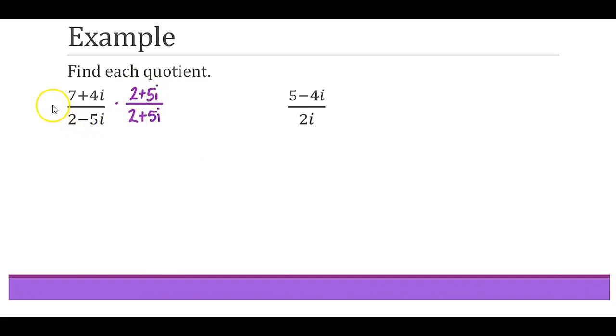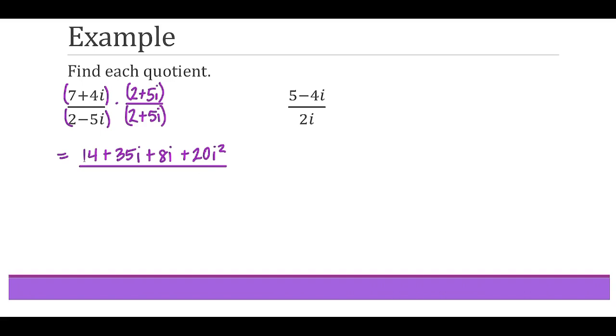And what this amounts to is distributing across the top and across the bottom. So I have to FOIL on the top and on the bottom here. So it's like two multiplication problems in one. On the top I have first, that's going to give me 14. Outer is plus 35i. Inner is plus 8i. And last is plus 20i squared, all over